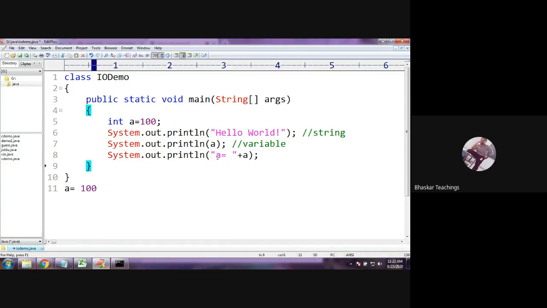Now what is going to happen means, in the double quotes there is string, right? So whatever is in the double quotes, it is going to display as it is. So A, one character displayed. Next, equals to, one character displayed. Next, space, one character displayed. That's it. The string part is over. Now after that, the variable value is going to be printed. That is 100. But this is string and this is variable part, right? You need to concatenate them. That's it. So now I'll get A equals to 100.